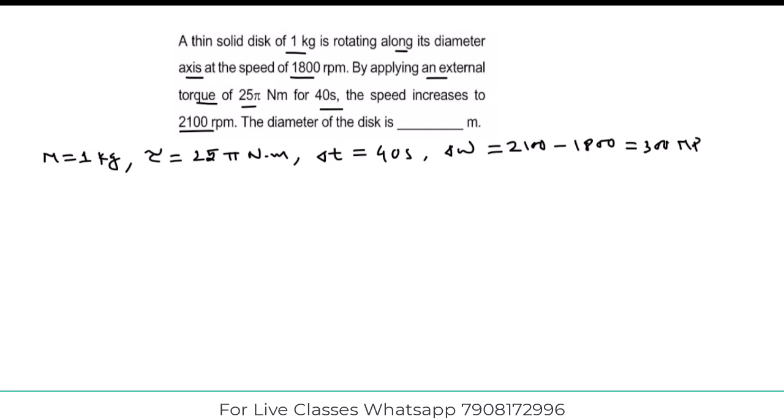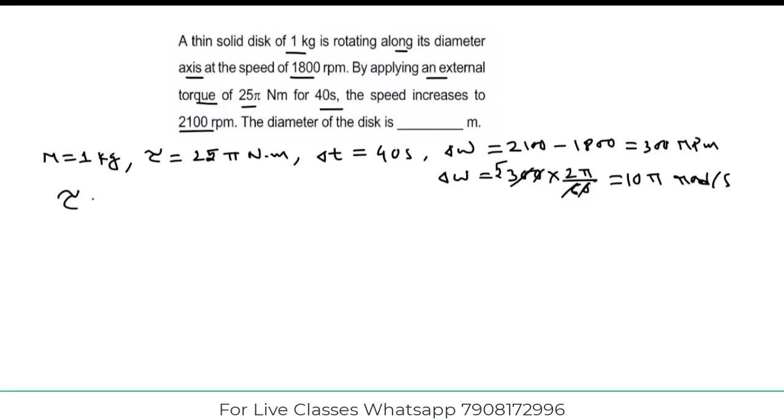So, delta omega is 300 rpm and 1 rpm is 2 pi by 60 radian per second. 6 into 5 is 30. So, 10 pi, delta omega is 10 pi radian per second. So, the change in angular velocity is delta omega. We have to find the diameter of the disk. Now, we know that